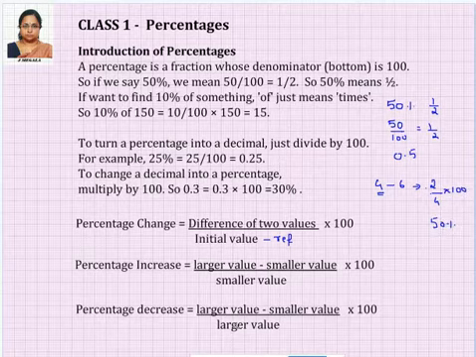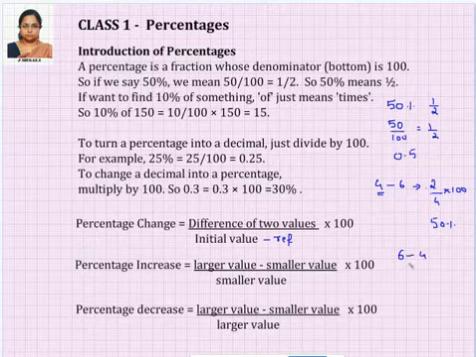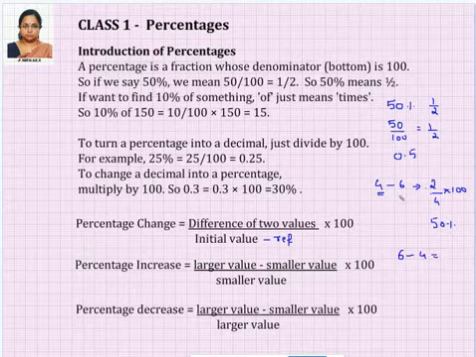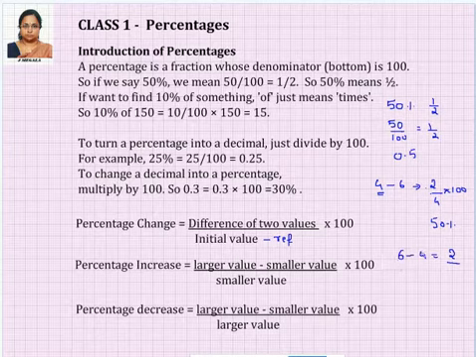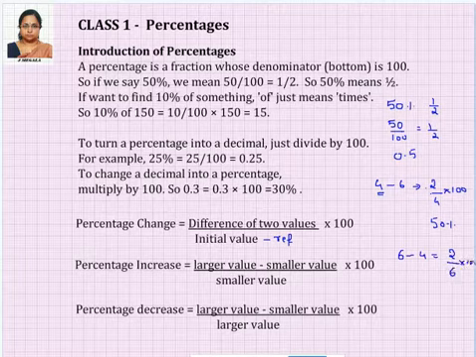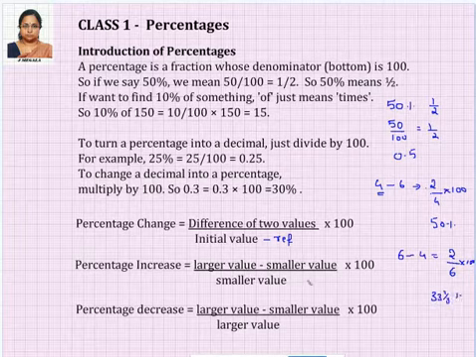And now the same thing about the percentage decrease. When the larger value is coming down to the smaller value, we calculate the percentage decrease. For example, 6 is decreased to 4. What is the percentage decrease? Whether it's an increase or decrease, it is always the difference of the two values. So it's again going to be 2 divided by, but now the initial value is the larger one, since it is decreased from 6 to 4. Therefore the larger value is going to be in the denominator, into 100. So this is 1 by 3, which is nothing but 33 1 by 3 percentage. This is an important formula which you have here, percentage increase and percentage decrease.